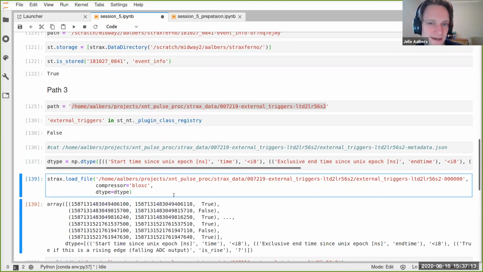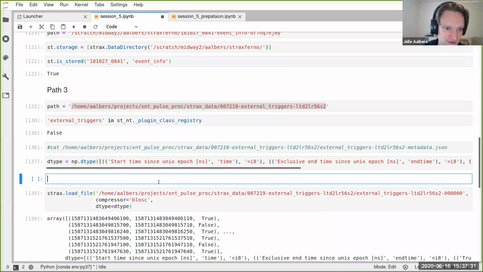But is there a better way to do this? Probably find whoever wrote this external triggers plugin and just copy it to your notebook and register it in your context. Yeah, that would work. In case you can't find the person, we could try making it ourselves, right?